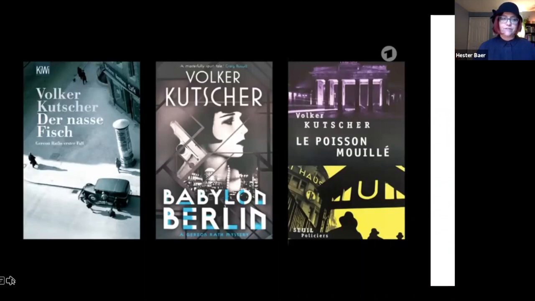For instance, the first novel, Der nasse Fisch, or translated as Babylon Berlin, takes place around Hermannplatz in the Neukölln neighborhood of Berlin. And it uses the original construction of what is now the Karstadt department store that may be familiar to a lot of people as a backdrop to the action. So clearly the novels are really ripe in a way for adaptation as a series. And in fact, I would say they were probably really written with the idea of being sold for adaptation in mind.